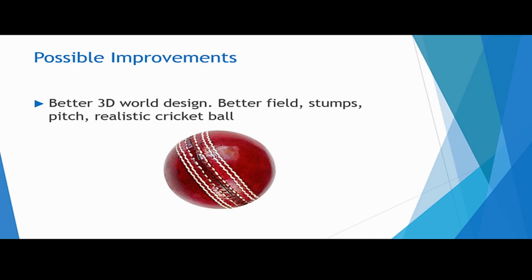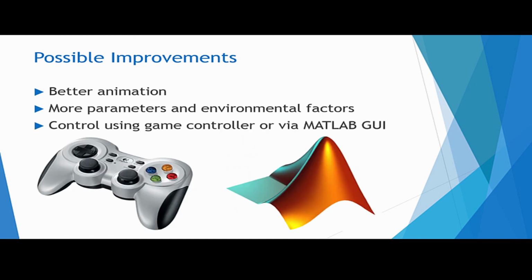We tried our best to make the best possible animation, but still there is some scope for improvements. These include better designing of the 3D world, which implies better fields, stumps, pitch, realistic cricket ball. Better animation can be made. More parameters and environmental factors can be considered. Control using game controller or MATLAB graphical user